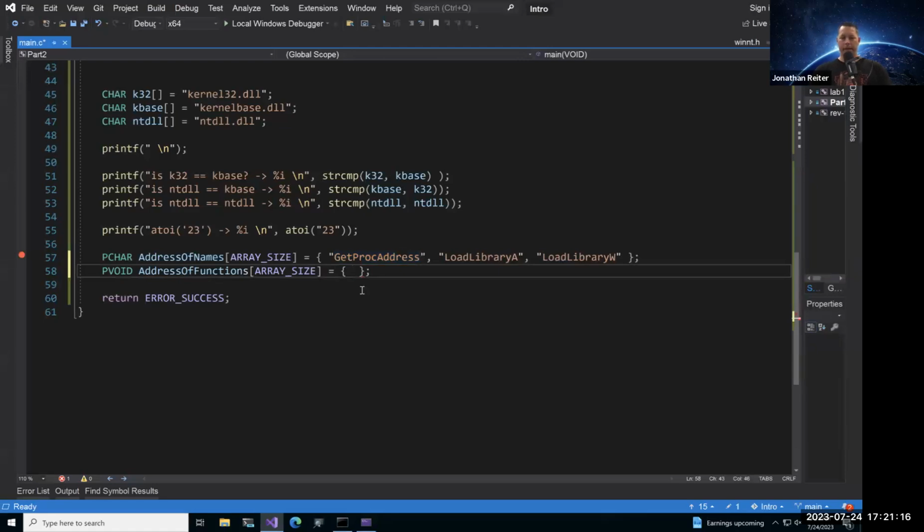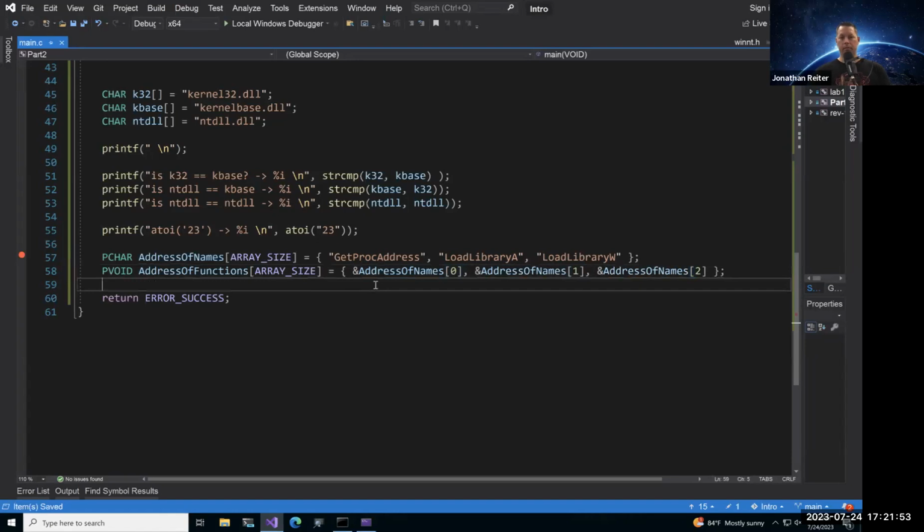We're not doing a bitwise and, but in C, the ampersand says I want you to get me the address of a certain variable. So go out there into memory and bring back to me the address of where this thing is located. So I'm going to say address of names, index 0. And I'm going to do this for everything else. Index 1 and index 2. Save that.